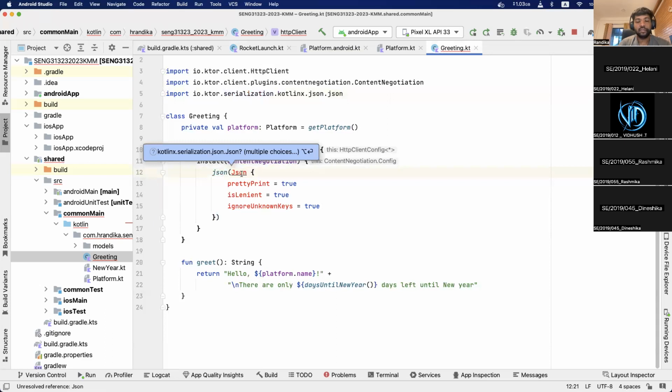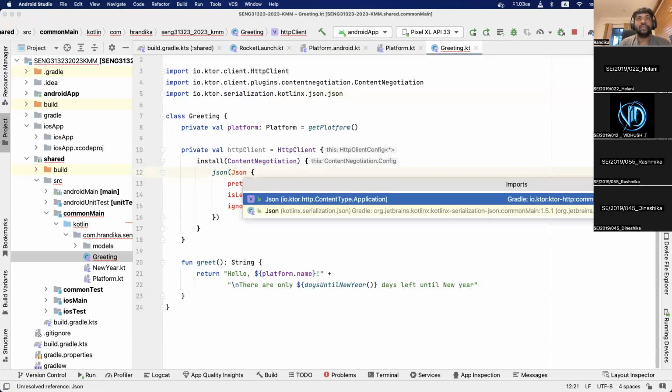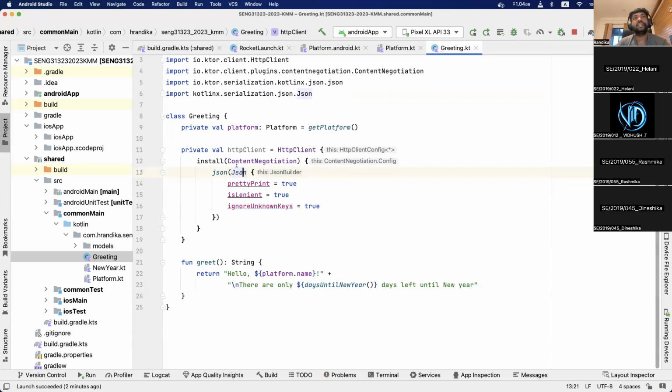And let me import the other things as well. So where we have two different JSON implementation. We will be using the Kotlinx serialization JSON, and whether it is pretty printing, lenient, and ignore unknown keys is in place. So these things are like a little bit of configuration that we are trying to get. Okay, so